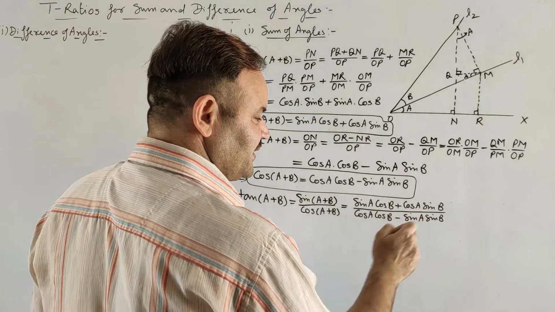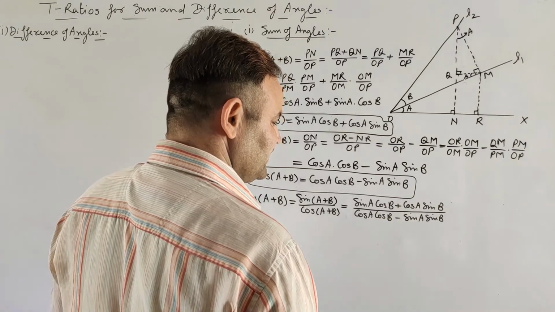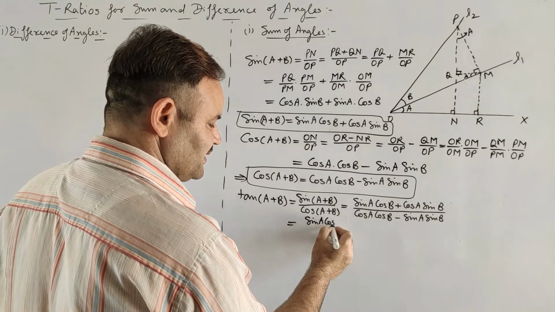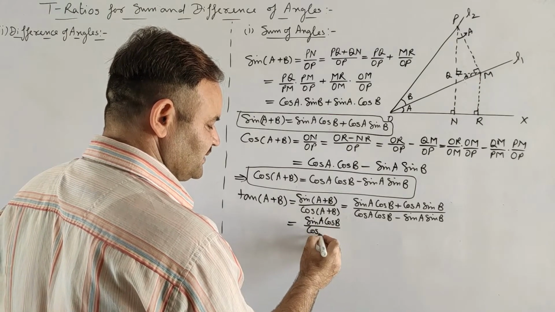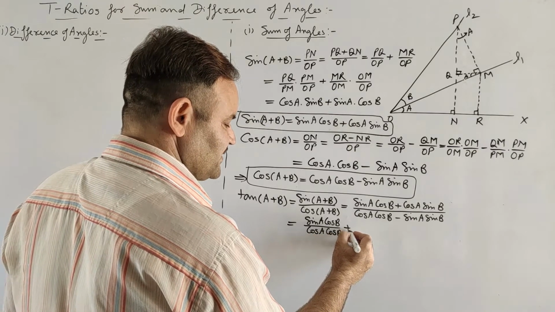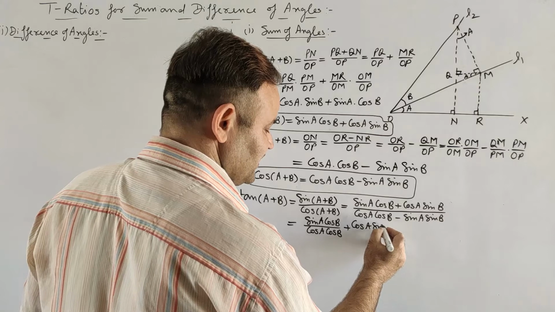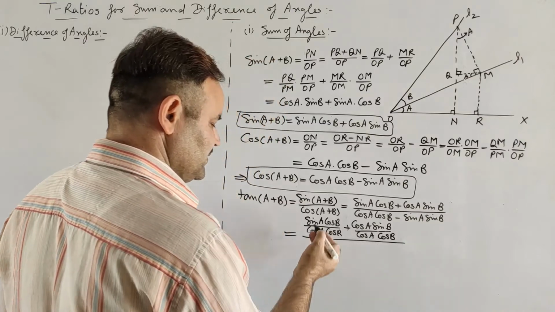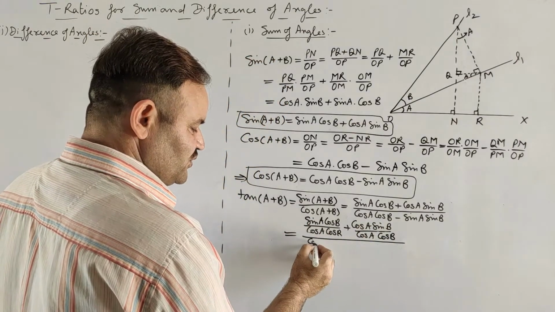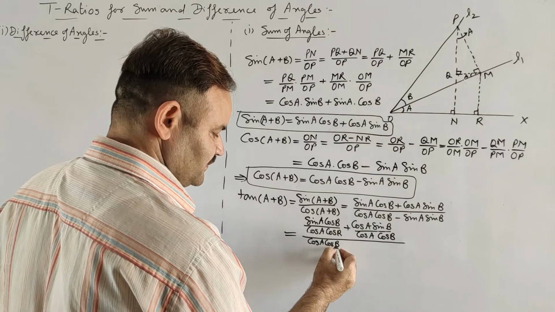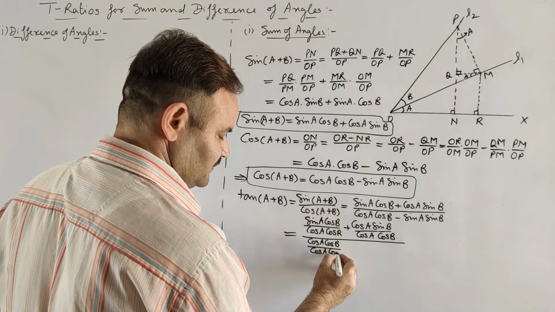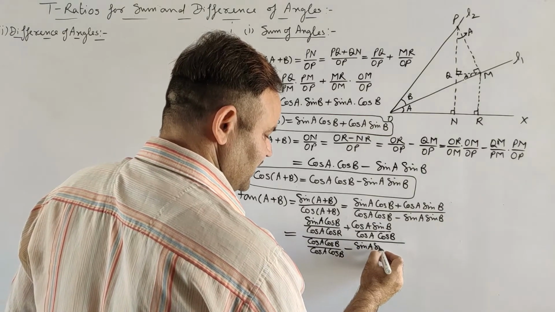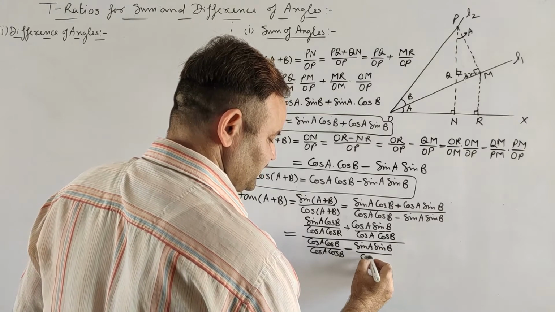If we divide numerator and denominator both by cos A cos B, then it will become sin A cos B upon cos A cos B plus cos A sin B upon cos A cos B, upon cos A cos B upon cos A cos B minus sin A sin B upon cos A cos B,